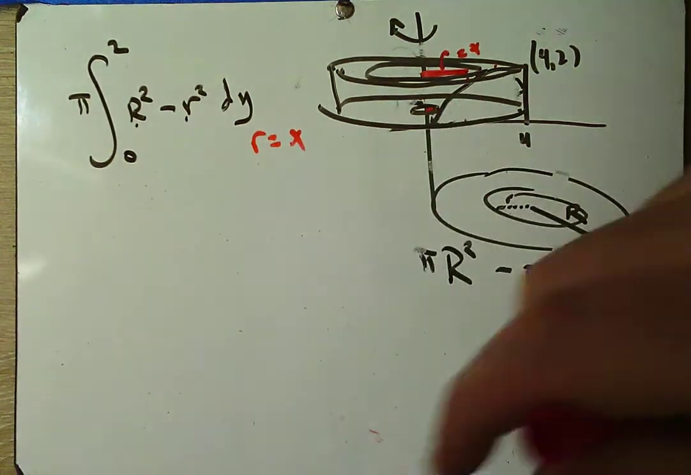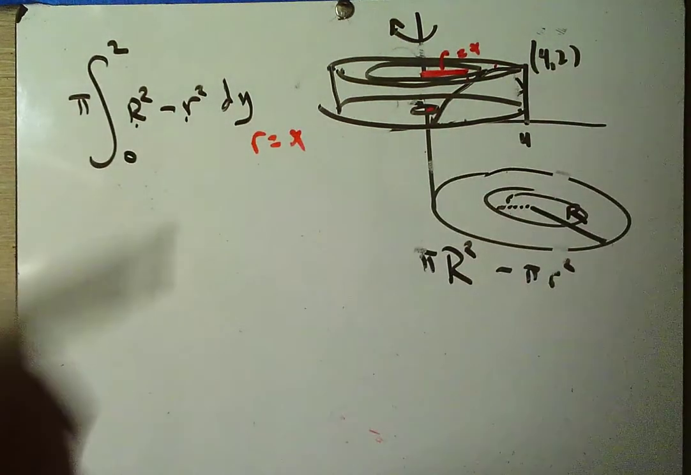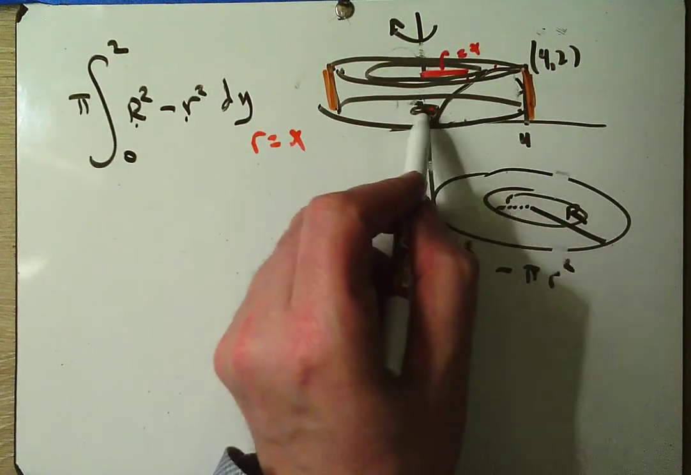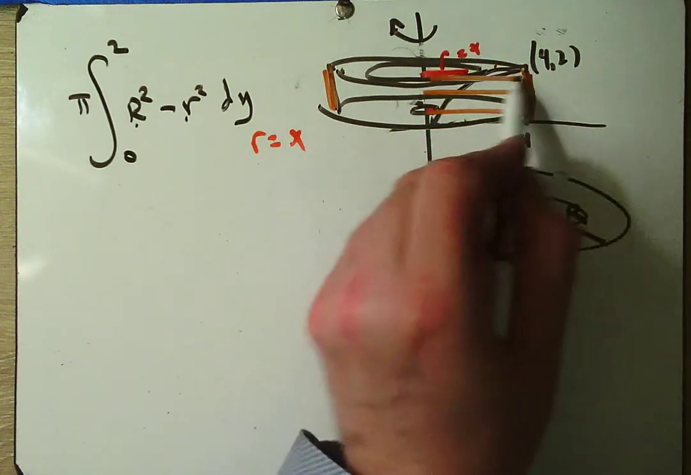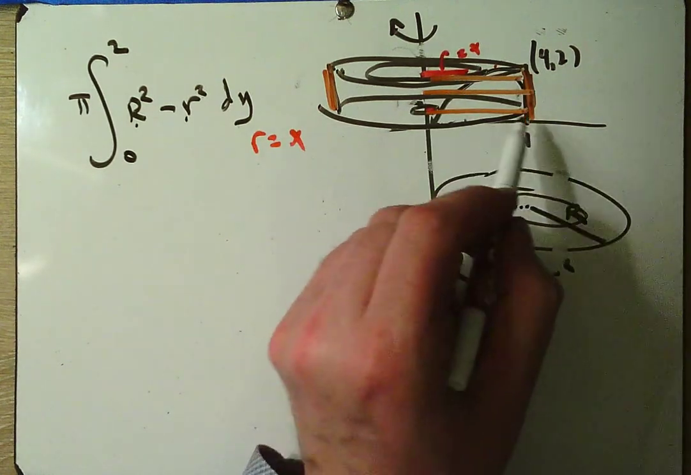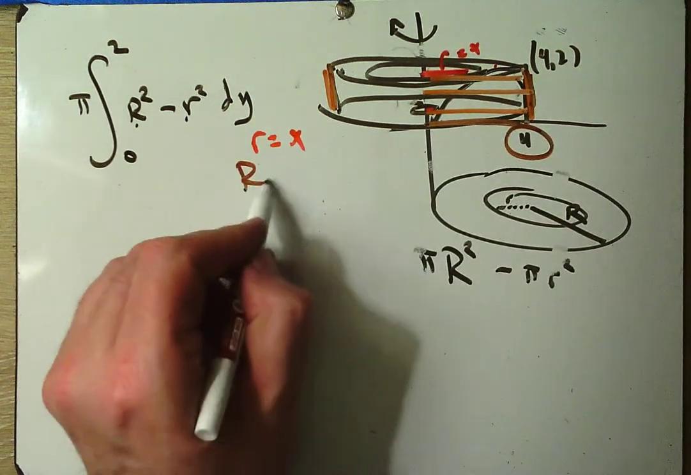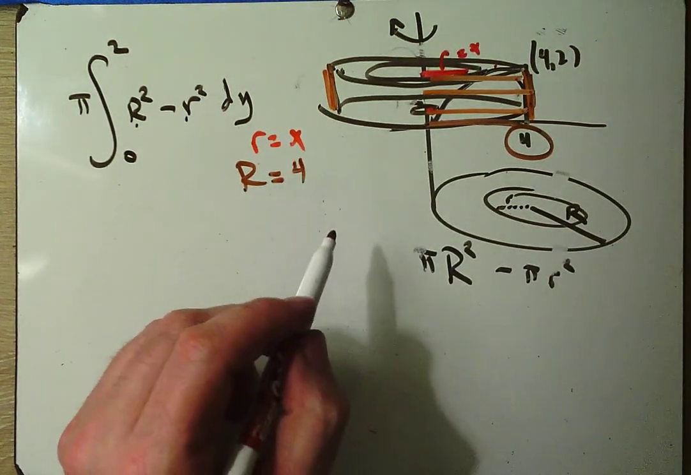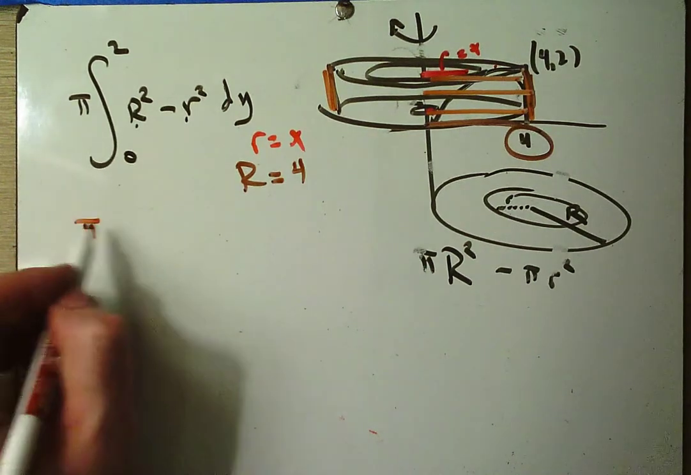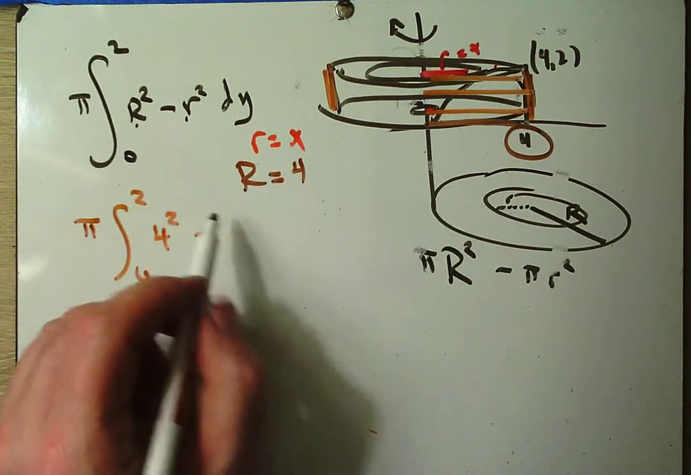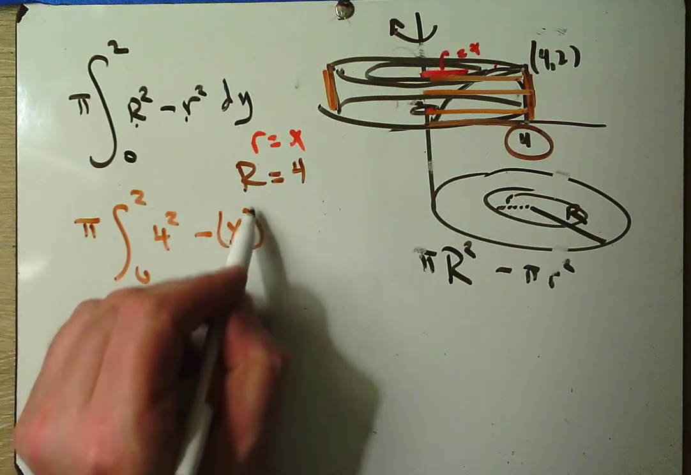Big R, however, seems to be remaining constant. I seem to have a cylinder here. Big R is always this distance. Well, what is that horizontal distance? It's constant, it's fixed, it's 4. Big R is 4. And so then this integral would be pi, 0 to 2, 4 squared minus x squared